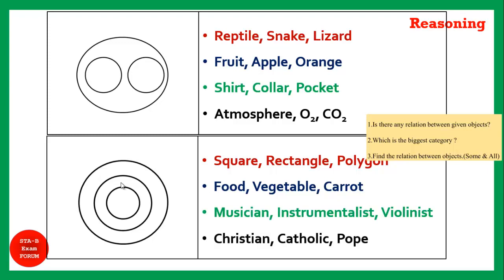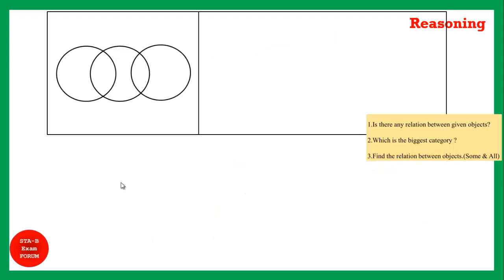You can see these two also, these are very important. Just have a look at it. Coming to the next category, this is very important and very interesting. Let's see: doctor, teacher and engineer. This is very important from the exam point of view, and students generally get confused with this type of question. So let's see the relationship.